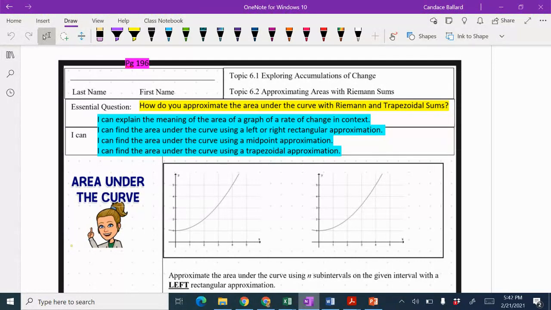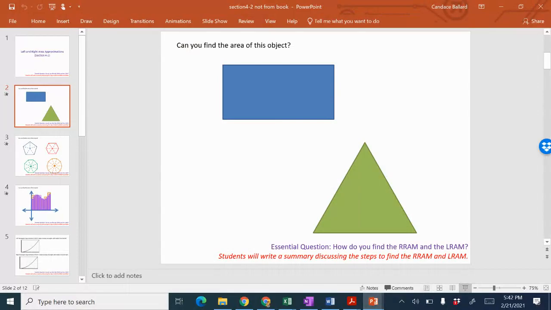I can find the area under the curve using left or right rectangular approximation. I can find the area under the curve using a midpoint approximation, and I can find the area under the curve using a trapezoidal approximation. So before we get into these notes, I wanted to kind of